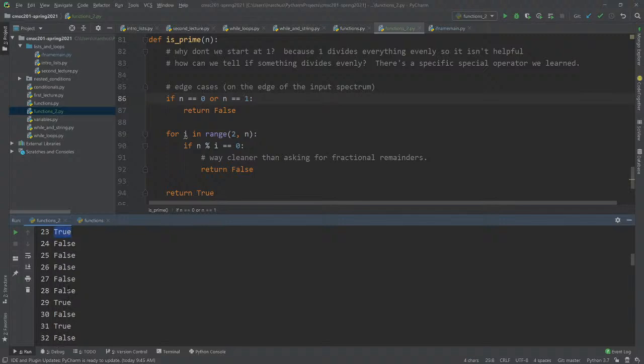23 is prime, 29 is prime, 31 is prime, then you have to go up to 37, 39 is not prime because it's 13 times 3, 41, 43, let's see, 47, yep. So 51 is always the tricky one, right? You might feel like it should be prime, but it's not prime because it's equal to 17 times 3. And that's always the one that can feel wrong sometimes, but it's not actually prime. 53 is, though. Let's see what else we got. 59 seems right.